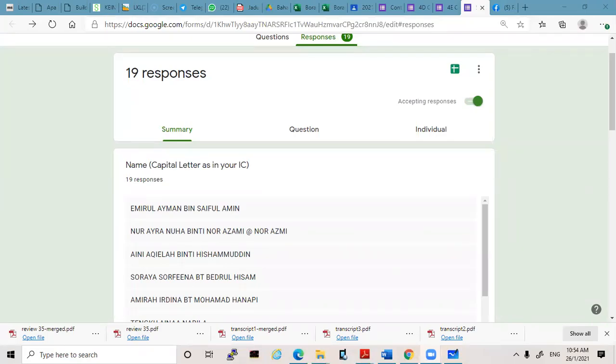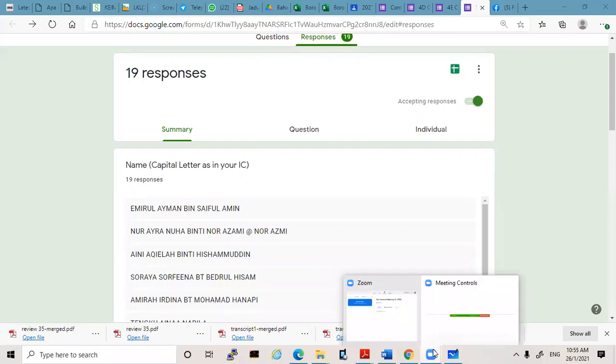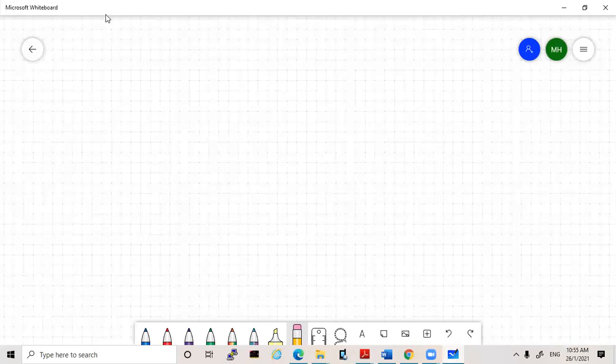Okay, hi guys. So for today, we'll look into one of the new topics which had been introduced in our KSSM syllabus, which we call Newton's universal law of gravitation. So for today, we look into